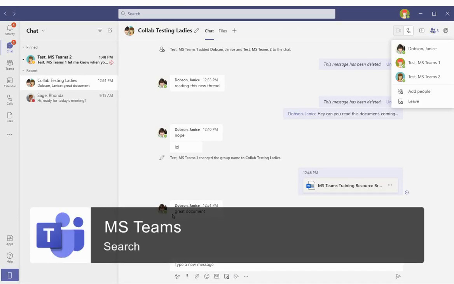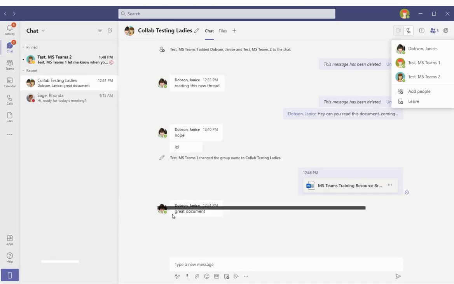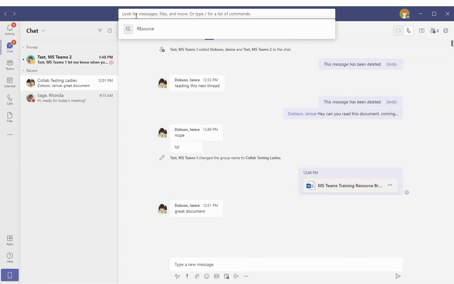Teams has the ability to use search to search for files, people, pretty much anything. It's actually a very powerful tool. So up to the search bar, sometimes called the command bar, and you can type what you want to look for. So I know that I have a document on here called resource, but let's just start typing and see what happens. So I'm going to type resource, and then it says press enter to view all results,